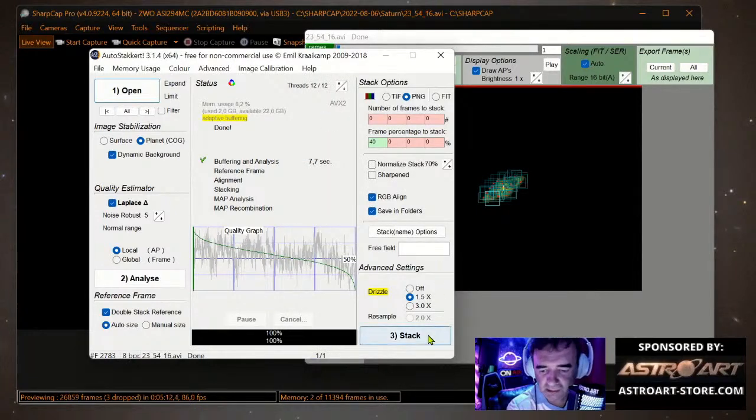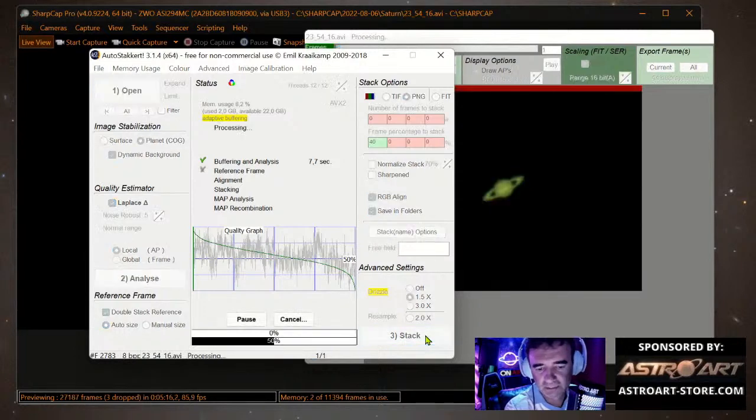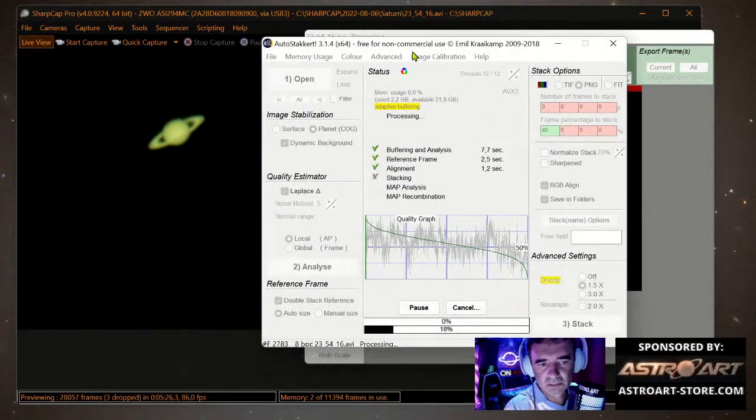I think the process is done, and now stack. It will stack. The laptop is powerful. It will do. Now it's worse. This is the thing. It's always changing. That's why we record loads of frames. This is like imaging.